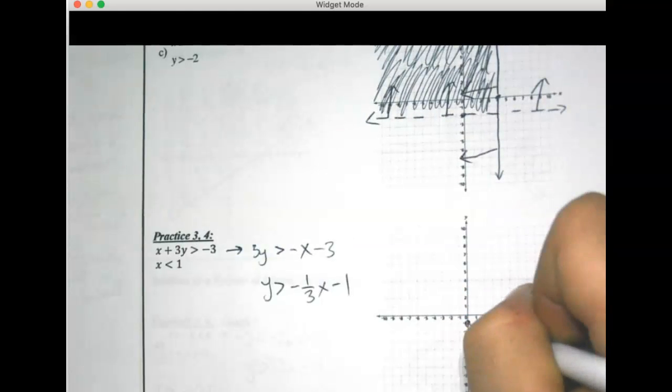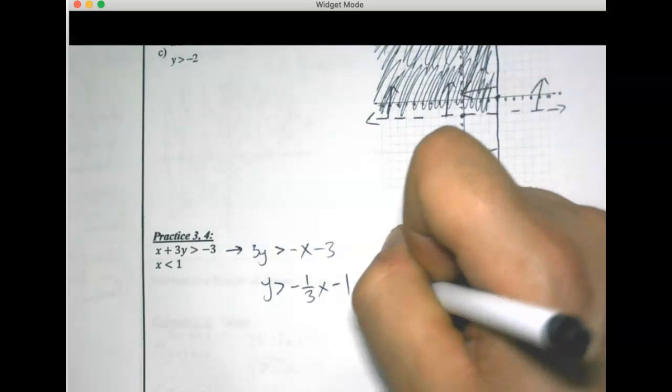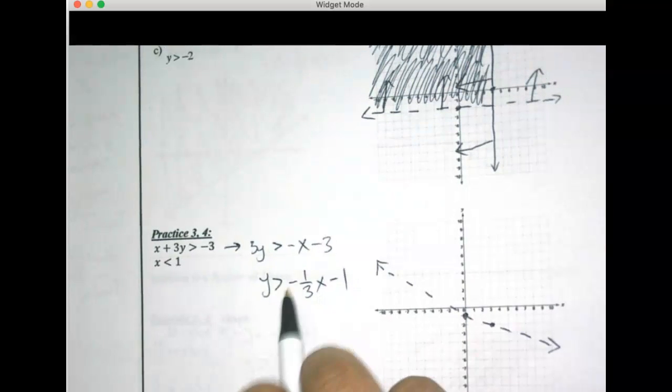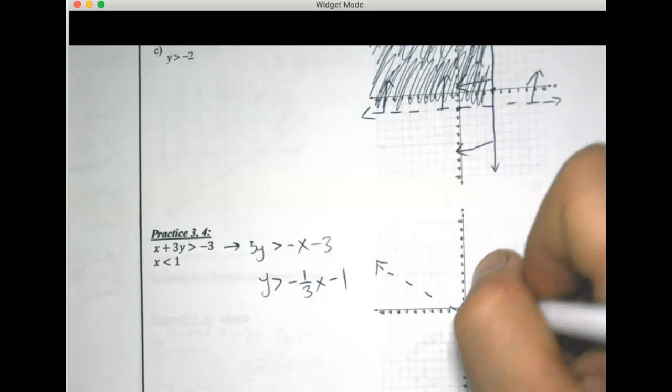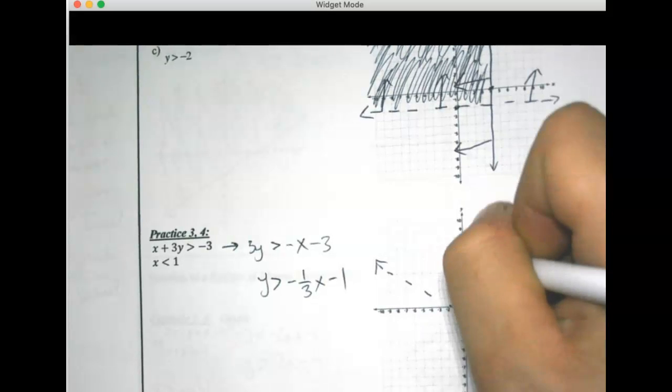This symbol says greater than, dash line. If it doesn't say equal to, the dash line is basically saying these points are not solutions. The points that are on the line are not solutions, right? If it's a broken line, because it's not equal to. This one over here, x is less than 1. Go to 1 on the x-axis, dash line again because it's not equal to,